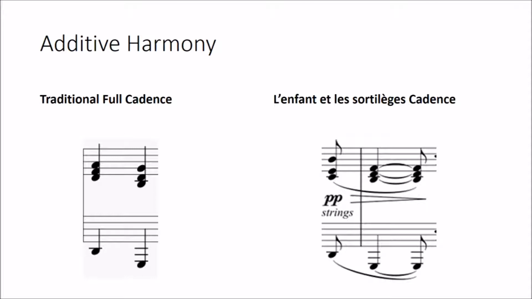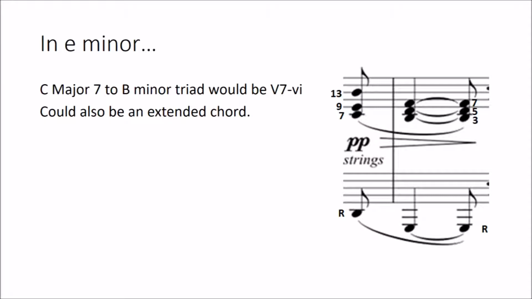The first song they analyzed is in G major. A folk cadence would be a D major triad to a G major triad. However, this song uses different chords. It ends on a 7th chord, which is unstable. From what I understand, the additive harmony is similar to polychords. The notes that are on the bass clef are the roots of the movement from 5 to 1 of folk cadence, while the treble clef is playing a C major 7th chord to a B minor triad. What I notice about this chord movement is that if you analyze it in E minor and forget about the roots in the bass clef, you get a deceptive cadence.